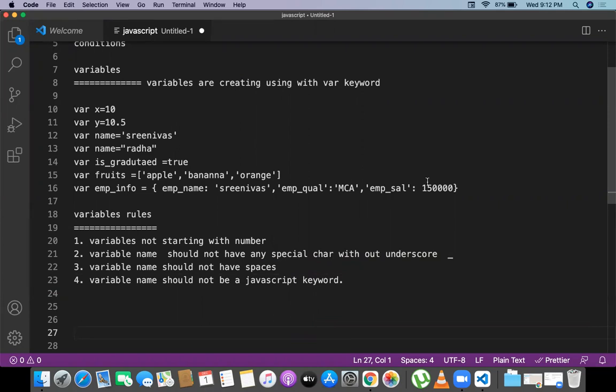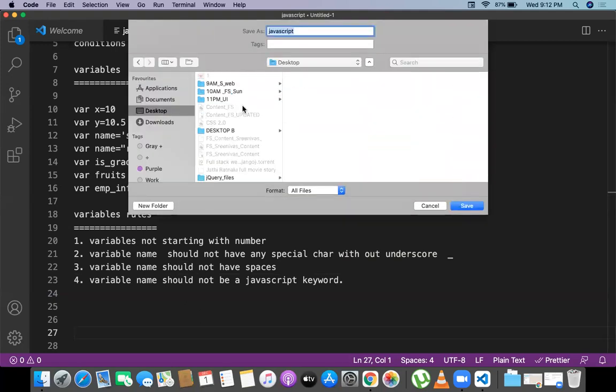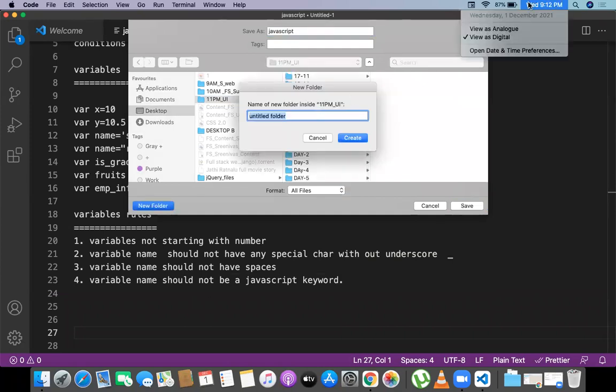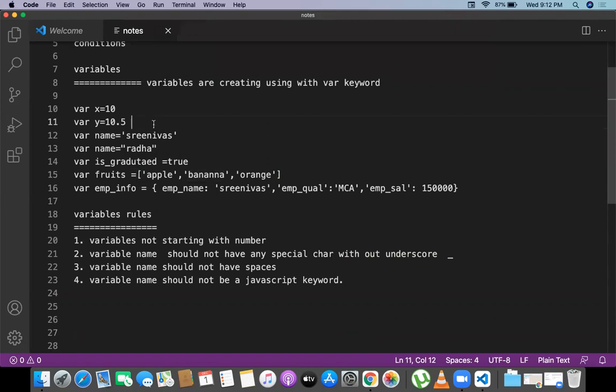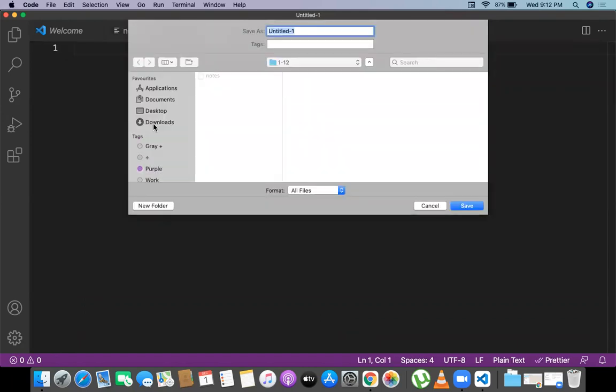Let me try to create one simple example about the variables, and let me save the content inside this, and let me create a new folder. This folder will be 112, sorry. So inside the 112, I'm going to have the notes like this, and let me have the program.